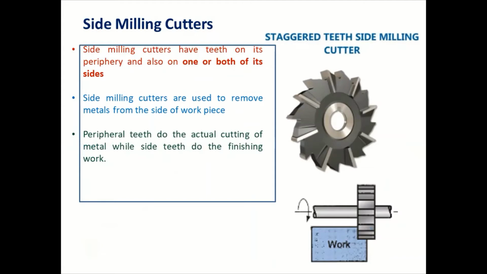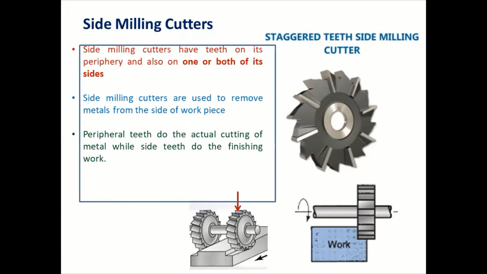Now, if you see the cutter, as there are teeth on the periphery as well as the side, but actual cutting will always take place from the outer periphery, means this one. This is the major role of the outer periphery, to remove the material, and the side teeth are just for finishing work, that is just a very small amount of material can be removed from the sides. So this is the diagram which I am showing. This is the outer periphery. Okay, the material will be removed from this, and from the side just a small amount of material is removed, just for the finishing operation.